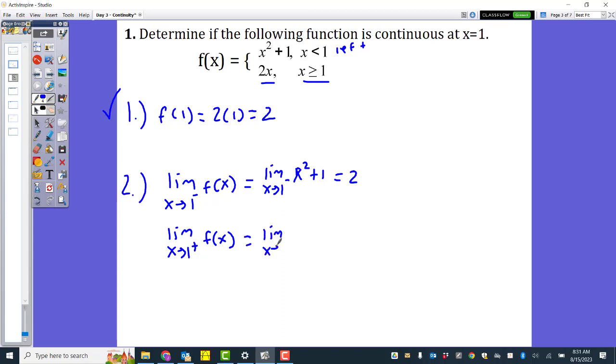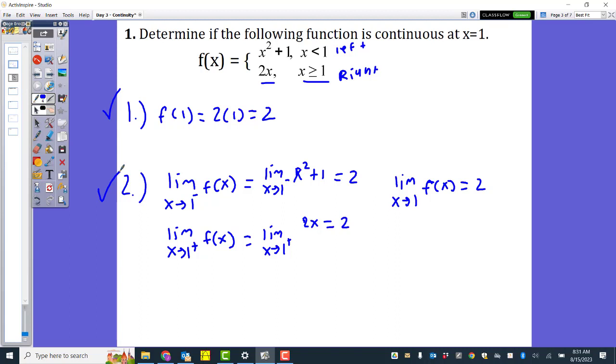Limit as x approaches 1 from the right of, this is the right side, 2x. Plug in 1, that gives us 2. Does the limit from the left and the right equal each other? Yes. So the limit as x approaches 1 of f of x is equal to 2. So function exists, the limit exists. Our third